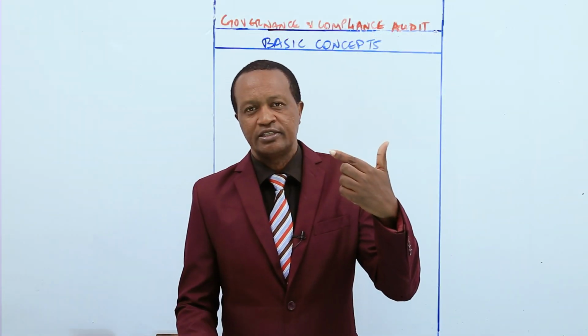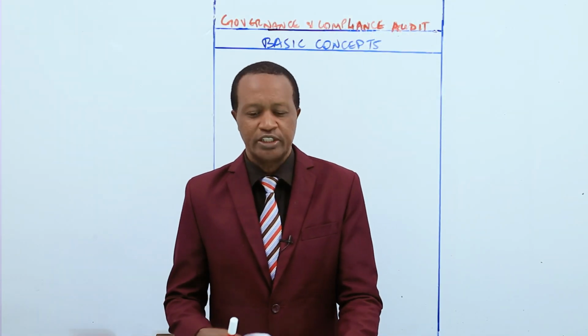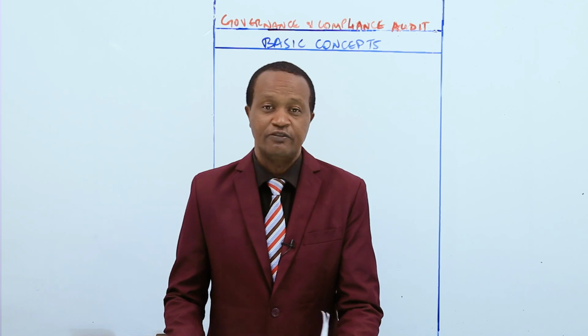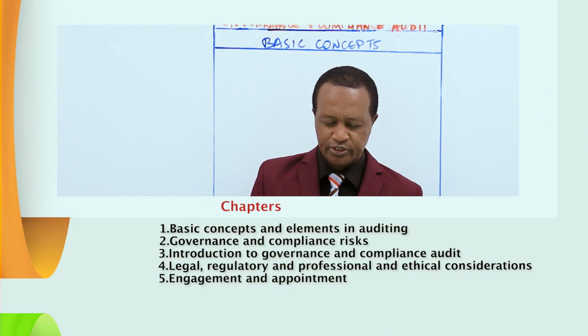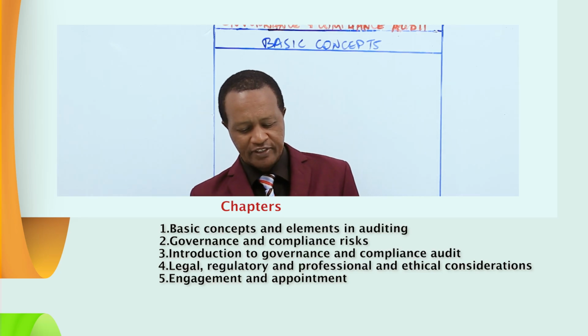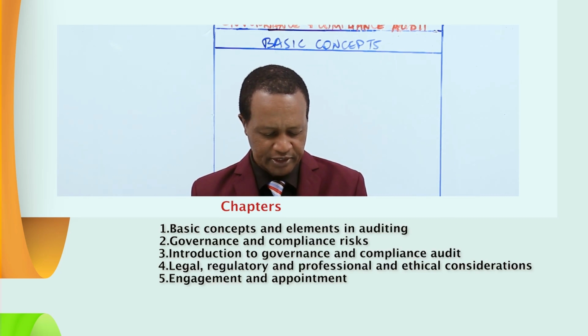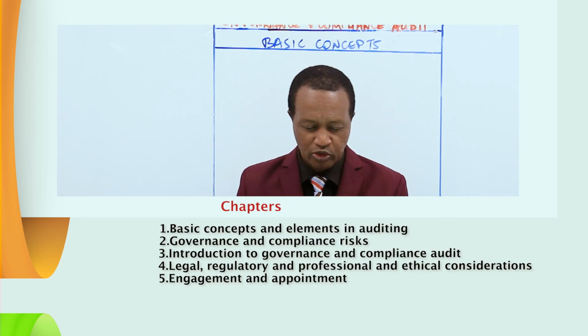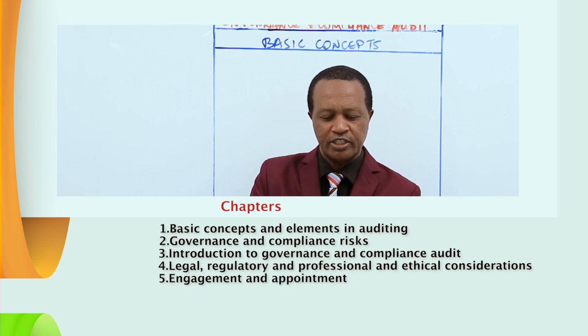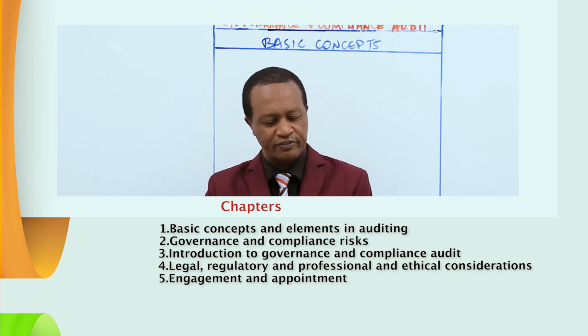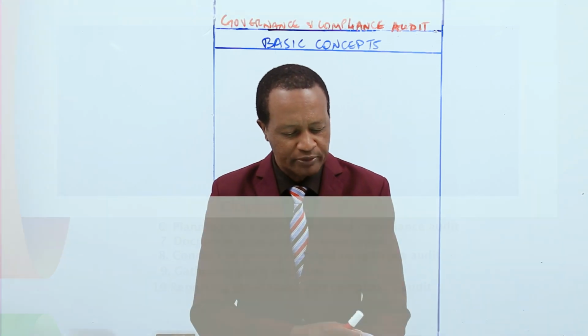The syllabus is organized into 14 chapters. There are 14 chapters, namely: 1, basic concepts and elements in auditing; 2, governance and compliance risks; chapter 3, introduction to governance and compliance audit; chapter 4, legal, regulatory, and professional and ethical considerations; chapter 5, engagement and appointment;